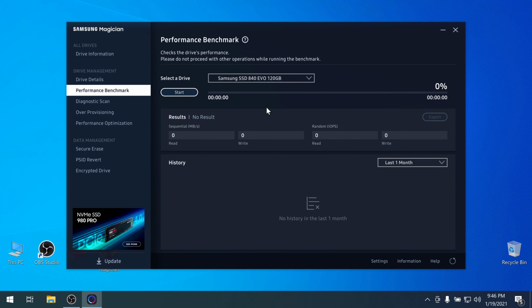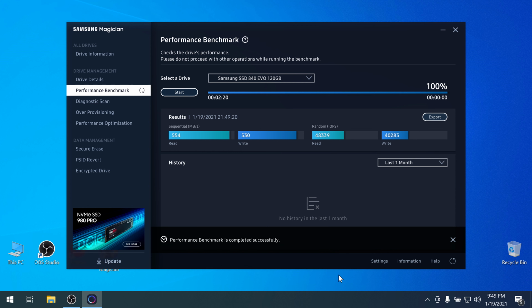Let's do a performance benchmark. And I will do another one after I restart, because I will need to restart after I apply the settings. I will just skip ahead. Okay, if it's ready, if you want, just note down these numbers so you can compare it later.